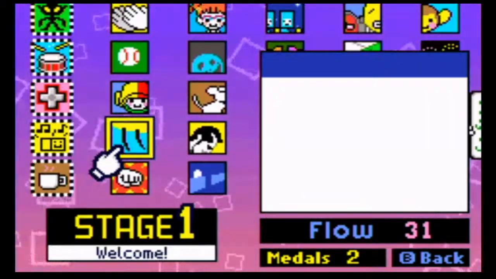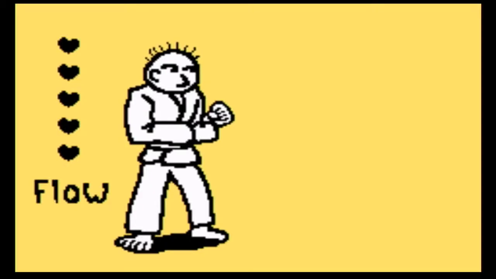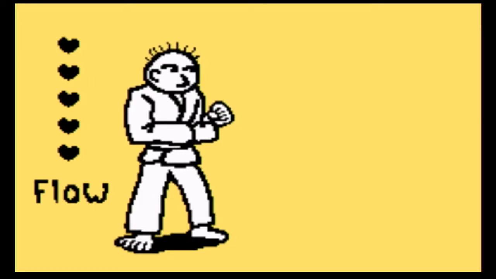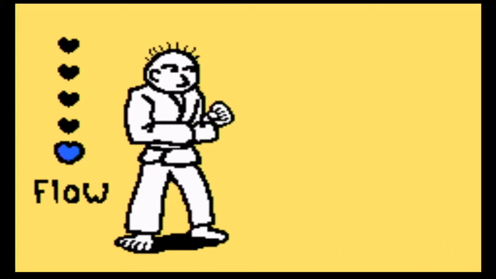Let's go start with the first one, Karate Man. So yeah, as you can see, all the text is translated into English, just like in Mother 3. And yeah, so let's go with Karate Man. And this guy, Karate Joe, is in every game. And in this one it's a bit different, because you have like a flow, and if you have 3 hearts of flow,